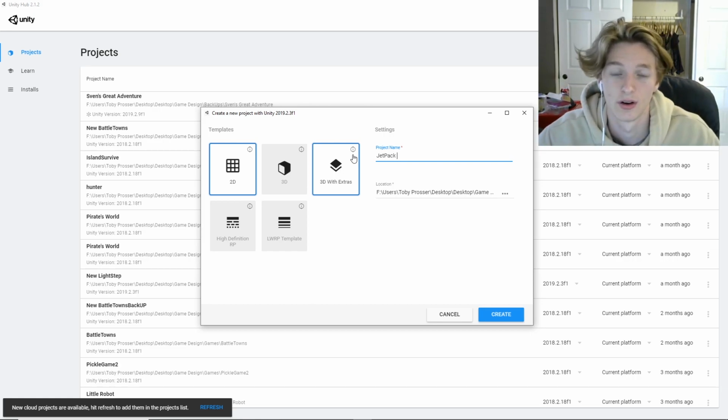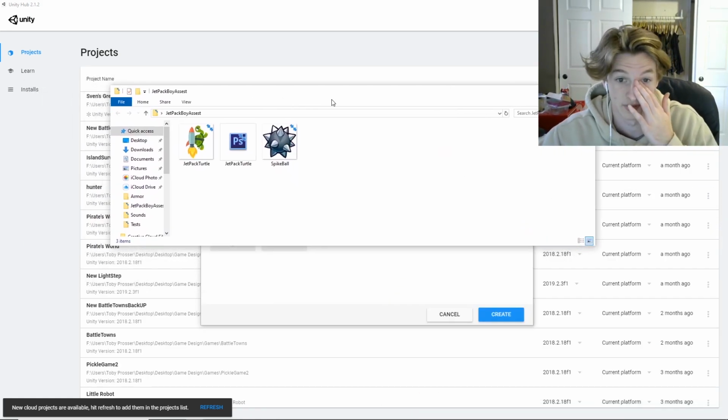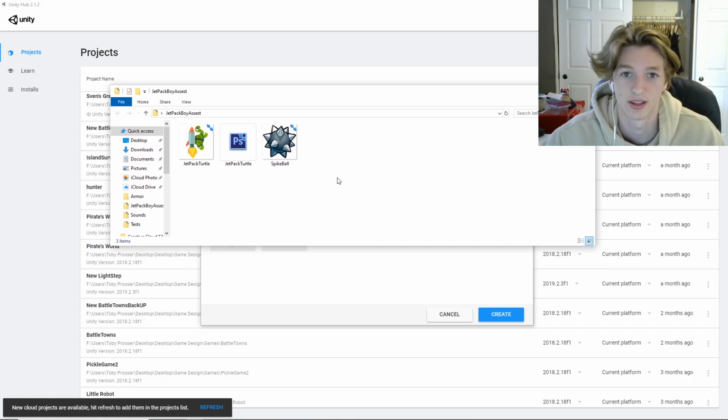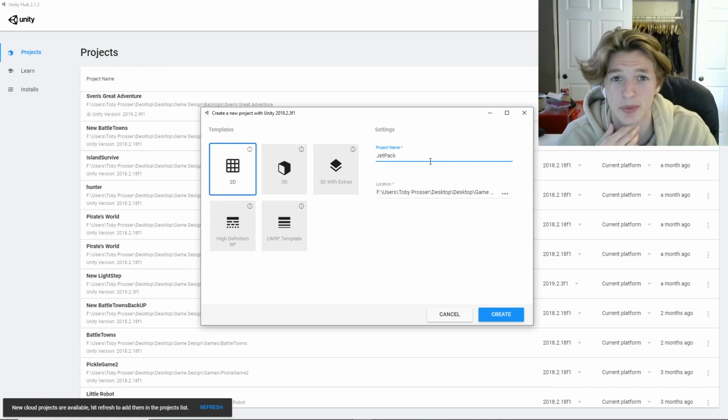I also have some sprites here that I'm gonna be using. I set these up before making this video just to make it a little bit easier. So I found these two online, and it's just a turtle with a jetpack and a spike ball. So I'm gonna be using these assets,